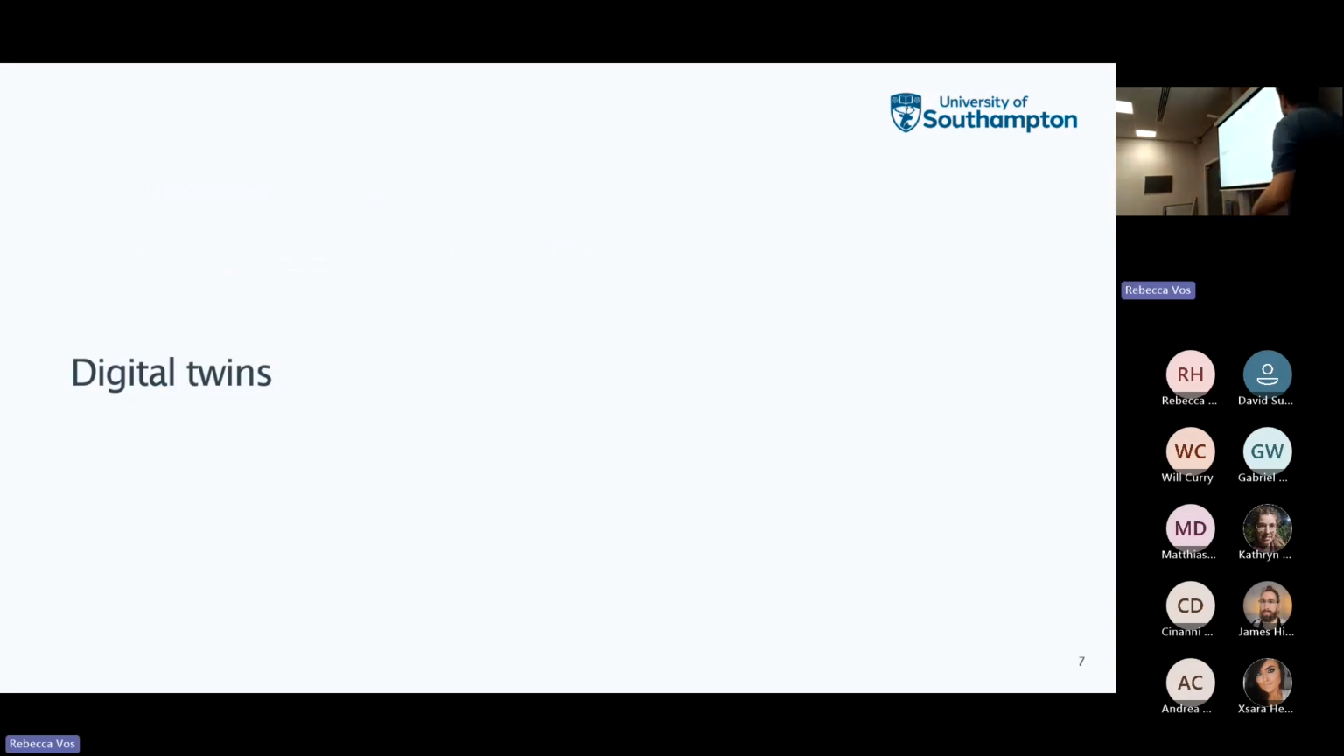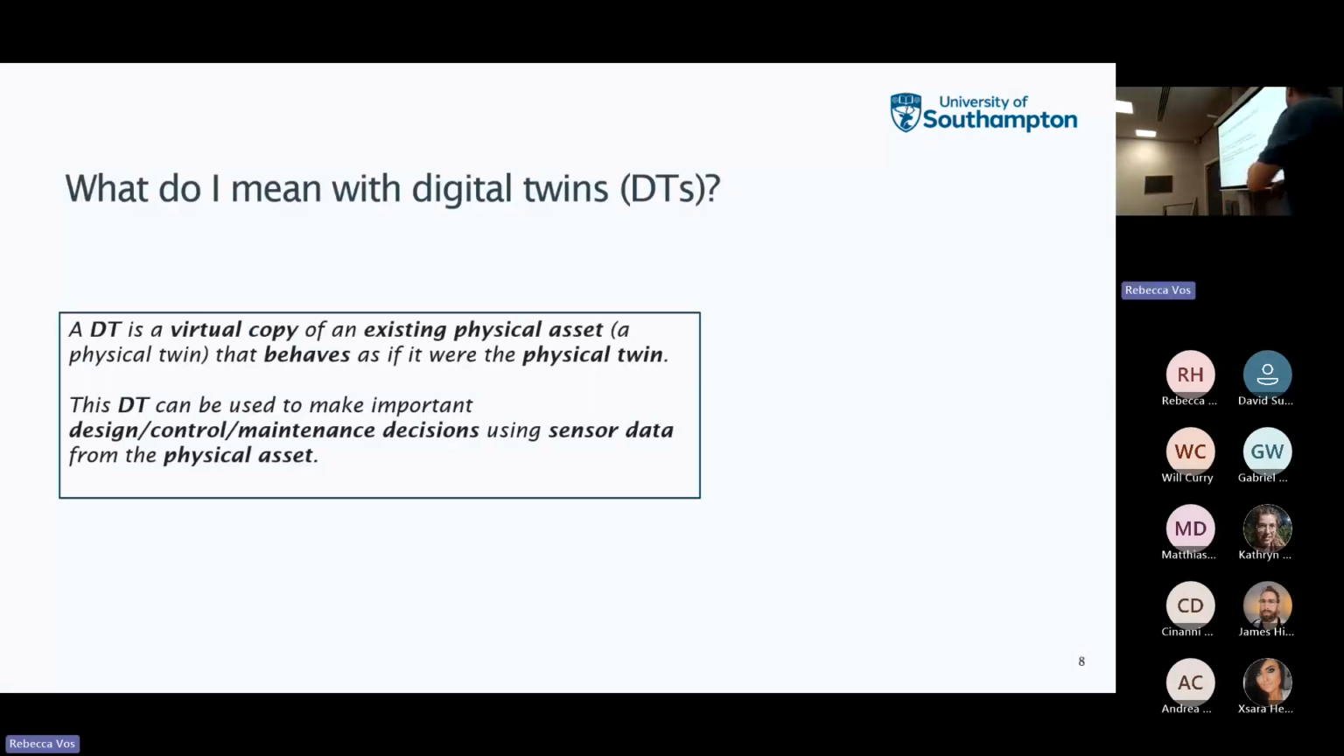So that's where the digital twins come into play. I will briefly explain what I mean by a digital twin. What I mean is basically that a digital twin is a virtual copy of an existing physical asset. So a physical asset would be a machine or a vehicle, or maybe even a full production line, or it